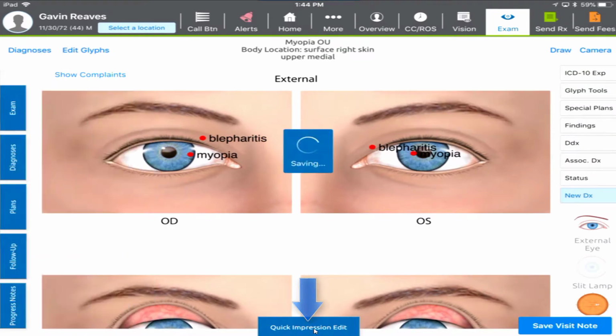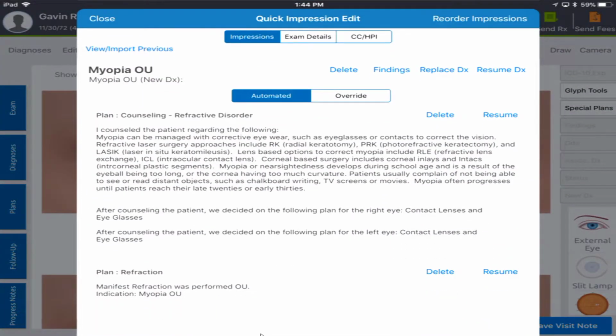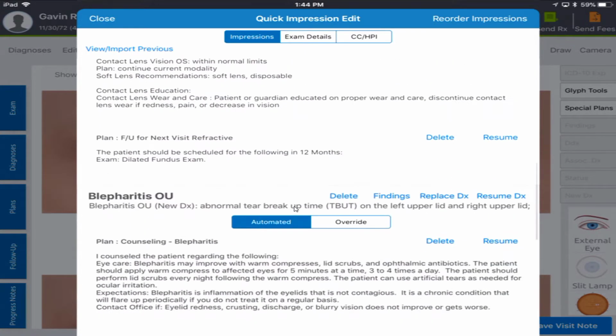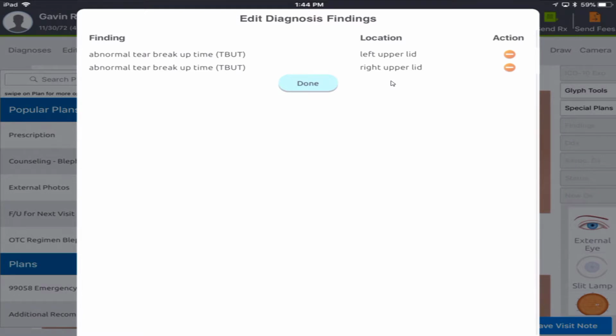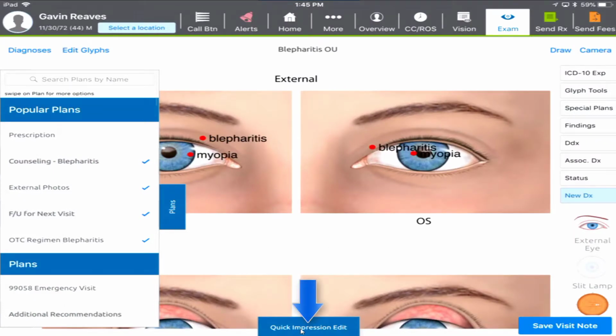If we go back to the Quick Impression Edit, any changes that were made, you would be able to see that information here. If we go down to blepharitis and we select the findings, here we see the findings that were documented for this blepharitis diagnosis. I actually can remove anything if I added it in error by just touching the dash under the action. If we go back to Quick Impression Edit,